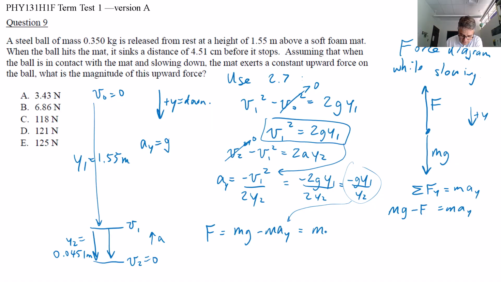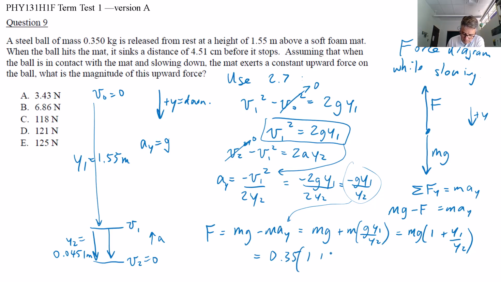It's going to be the mass times g, and then minus a minus, you're going to end up with a plus of the mass times g times y1 over y2. And they both have mass in it, and they both have g, so it's mg times 1 plus y1 over y2. And plugging in all the numbers, we have 0.35 kilograms times 1 plus, it fell 1.55 meters,